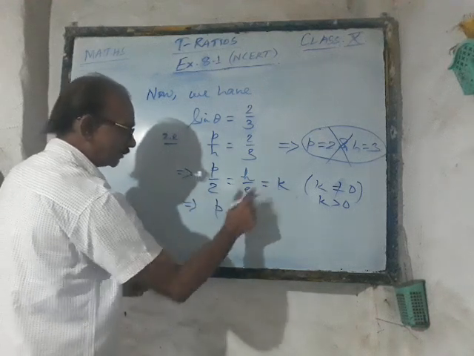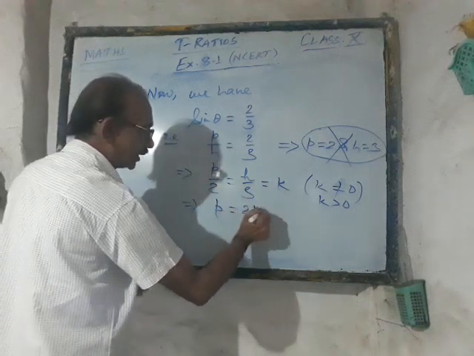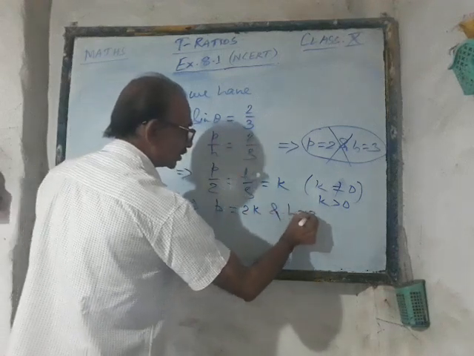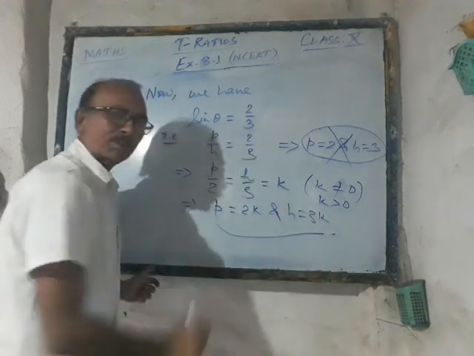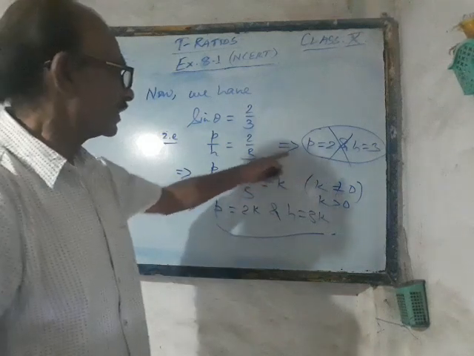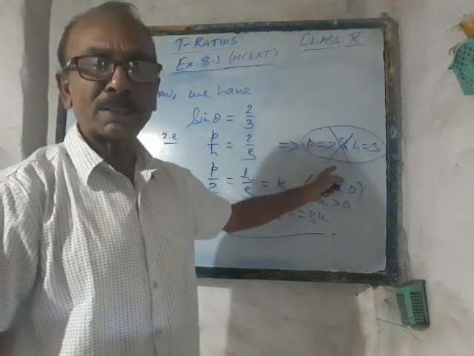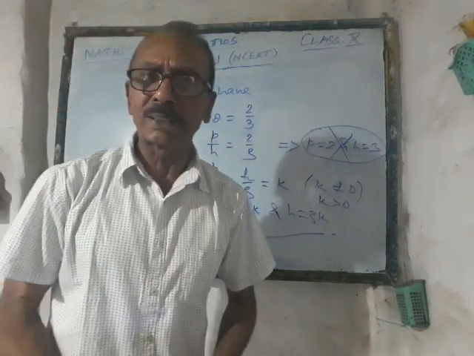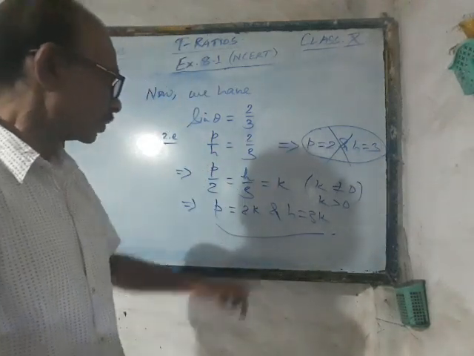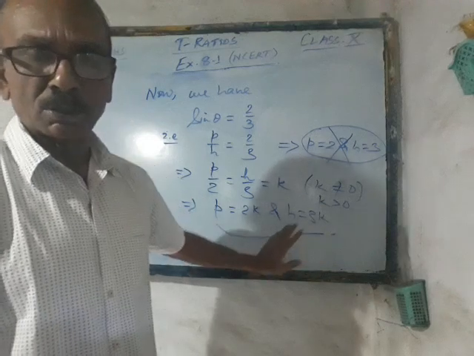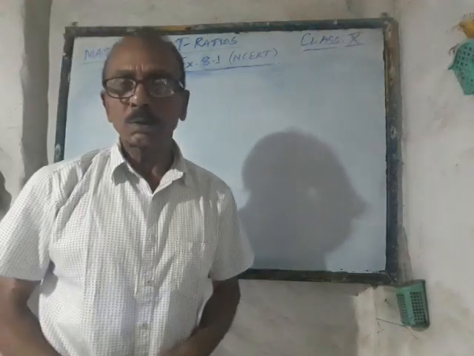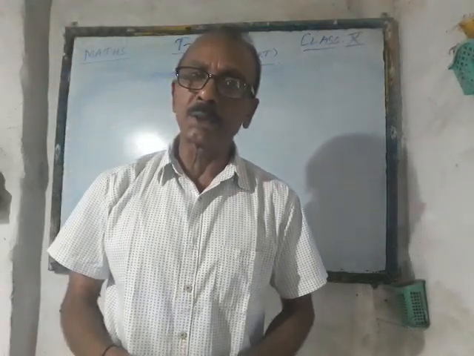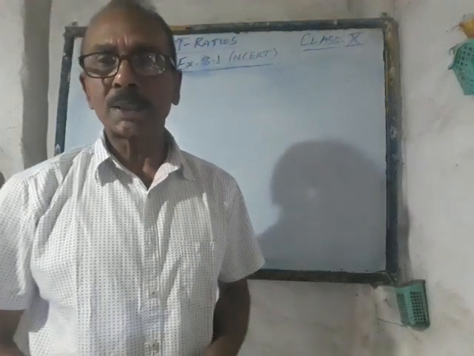From this relation by cross multiplication P becomes 2K and H becomes 3K. So just keep it in your mind that never write like this, that perpendicular is that and base is that. Whenever the ratio of sine or cosine or tangent, whatever, is provided in the question, you have to write like that. Got it? One more result is frequently used while doing the problems of trigonometry, and that is none other